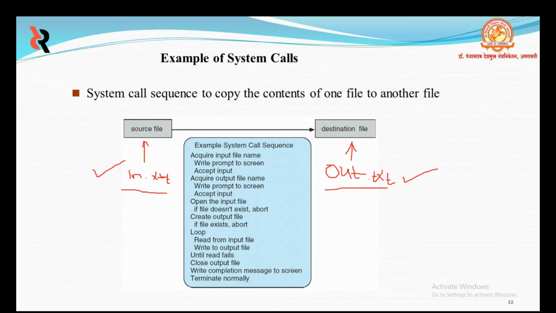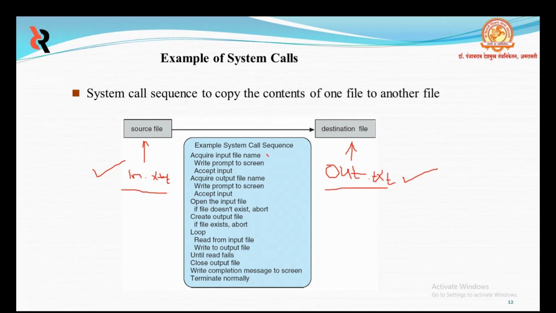When both files are set up, we enter a loop that reads from the input file, a system call is required here, and writes to the output file, another system call is required here. Each read and write operation must return some status information regarding various possible error conditions. So this is the example of system calls.